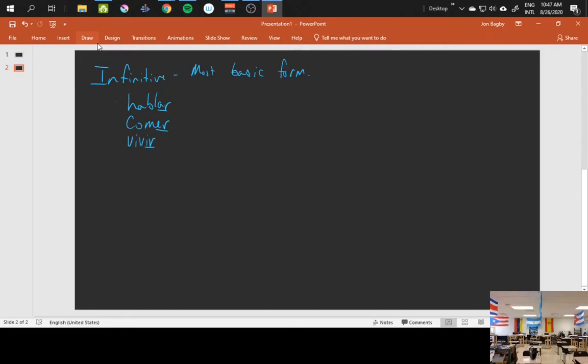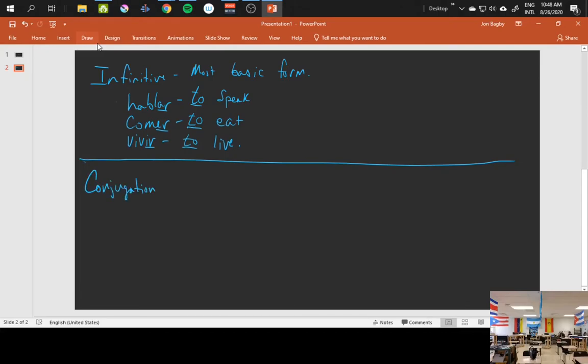Alright, so these are all infinitives, and that AR ending tells us "to." It hasn't been assigned to a person. So hablar means to speak, right? And then comer means to eat, and then vivir means to live. In a nutshell,